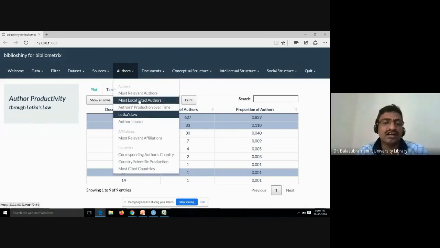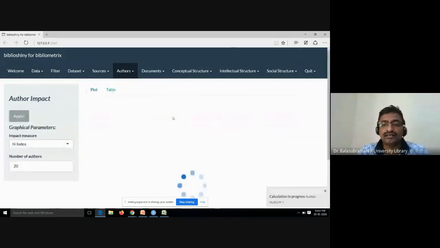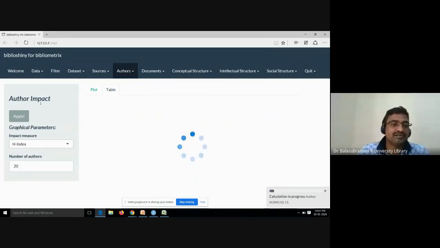Many Lotka's law methods are also available here. This is one type of method. Then you can click the author impact. On the right hand side, when you click the table, it shows calculation in progress, and the result will come only after the process is completed. On the left side, you can see the author impact.